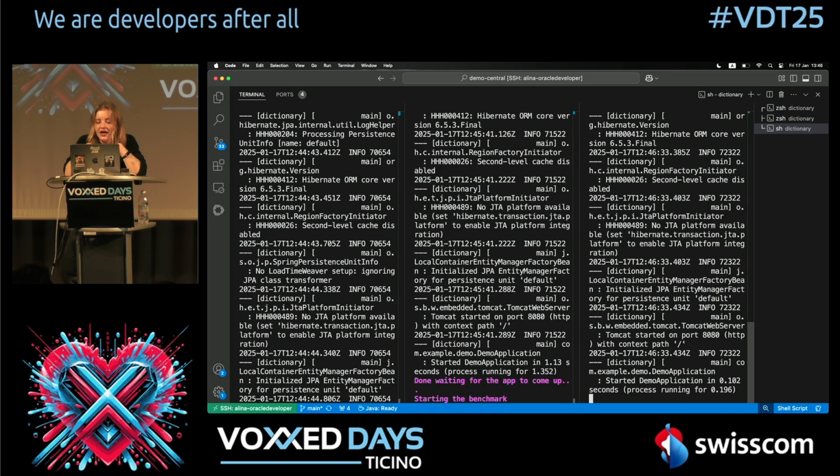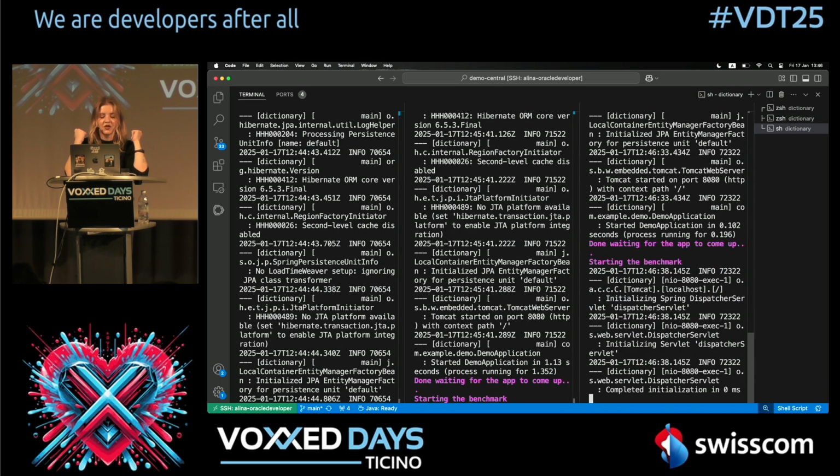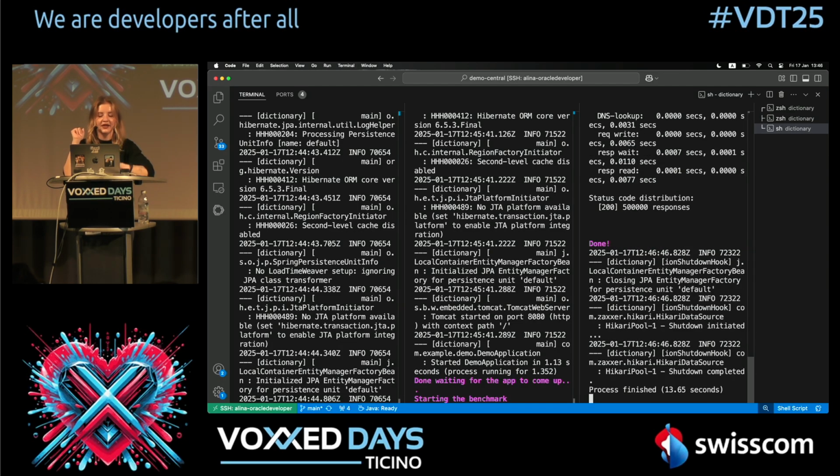Now, I have yet another native version of the application, but with additional optimizations in place. I have been told already that I only have 10 minutes left, so I will try to speed up. There are 3 key things that are different in this application. It has PGO, so I have collected profiles from my native application, and I have fed them back into native image. And this is similar to the profile that the JVM does, where we are building an instrumented version of